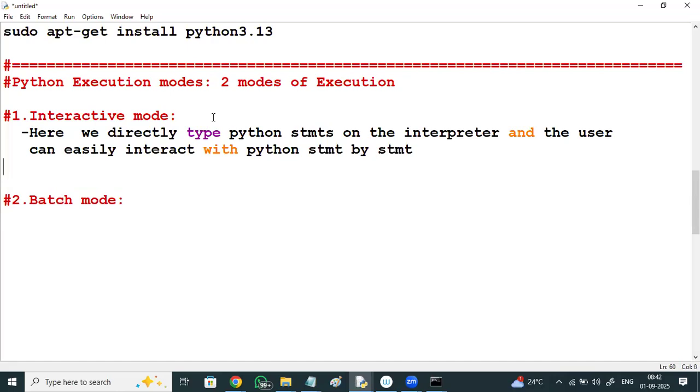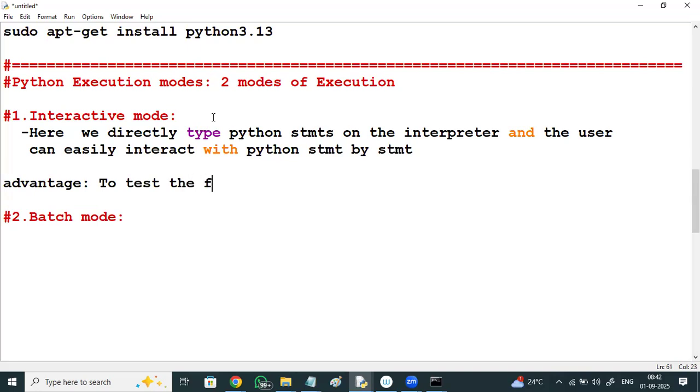What is the advantage of this interactive mode? If you don't know about any Python functionality, you can type it and check what output it provides. Based on that, you can easily analyze what it is for. It is used to test the functionalities of Python,